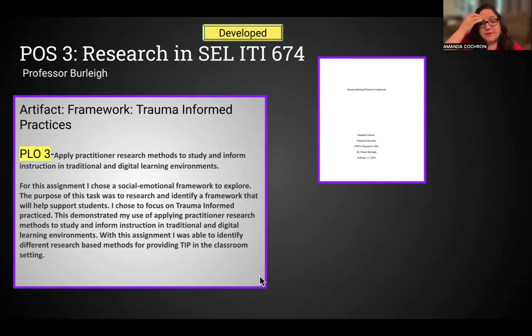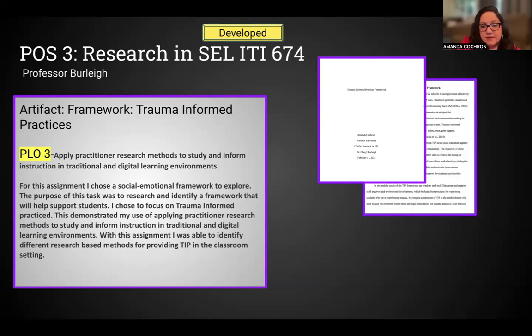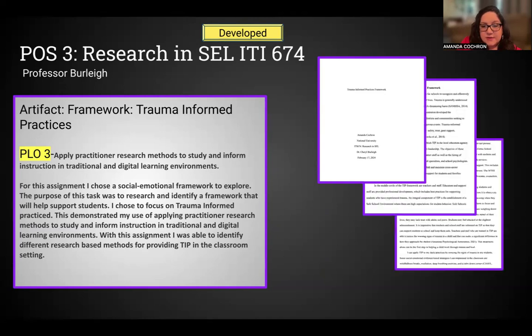This demonstrated my use of applying practitioner research methods to study and inform instruction in traditional and digital learning environments. I was able to identify different research-based methods for providing TIP in the classroom setting. It was really interesting, and I really liked the way I was able to learn about the multi-tier system of supports for TIP.